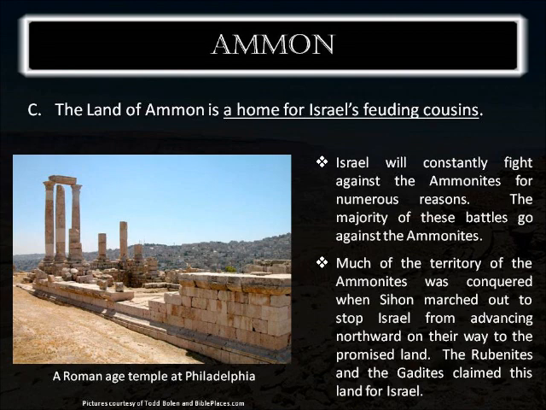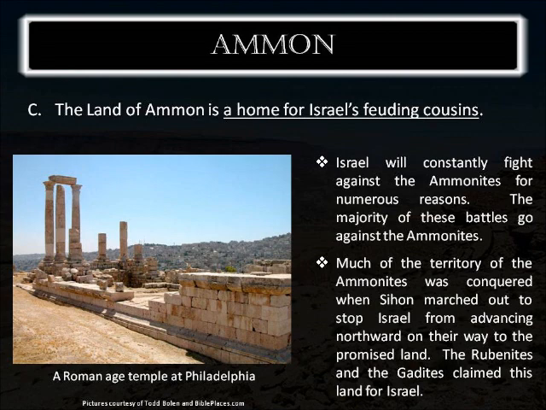And because of that, they will do some Jewish things. For example, they will circumcise their children. But on the other hand, they will also worship many of the pagan gods that we see on this side of the Jordan River. And so Israel will be constantly fighting against the Ammonites for numerous reasons, political and spiritual.